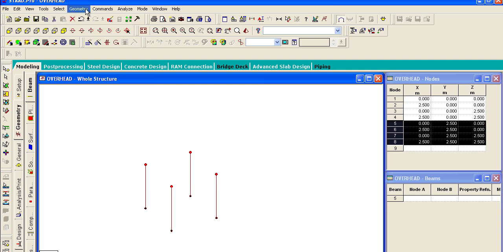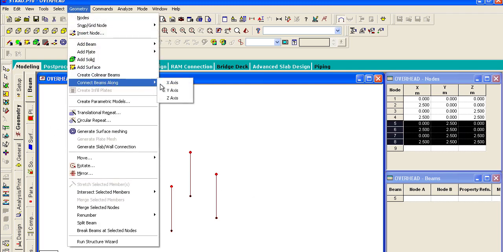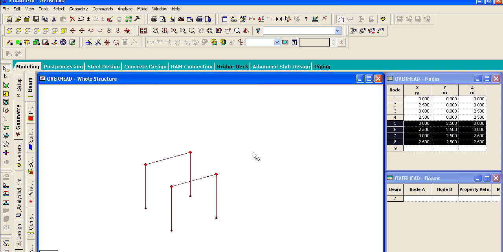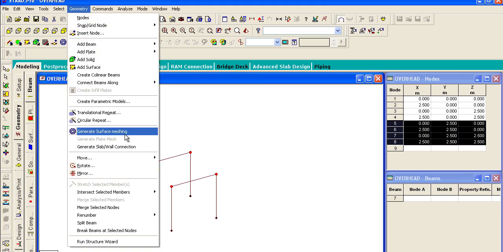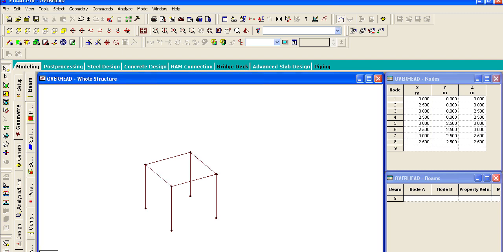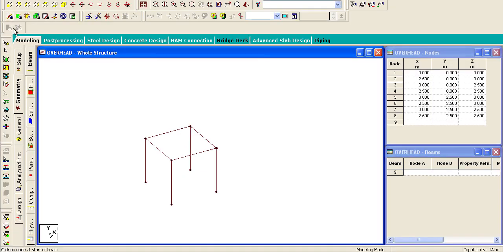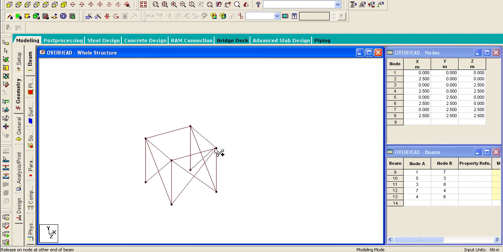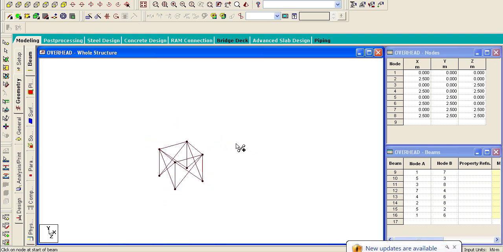We can also connect the beams along the x-axis and along the z-axis. Then we create the diagonals. Okay,